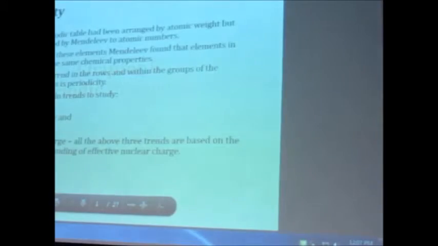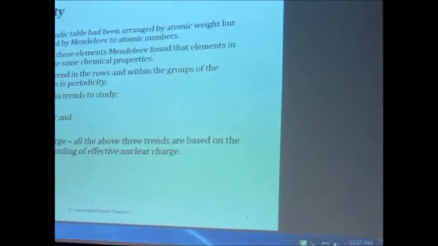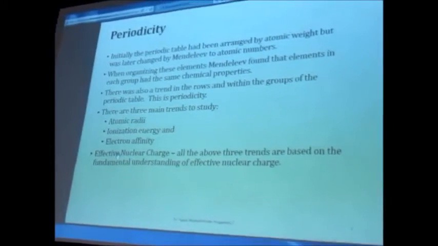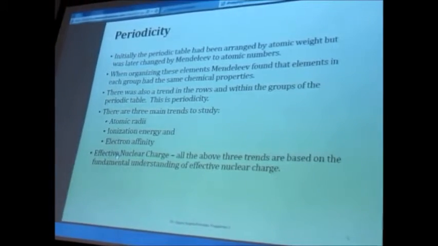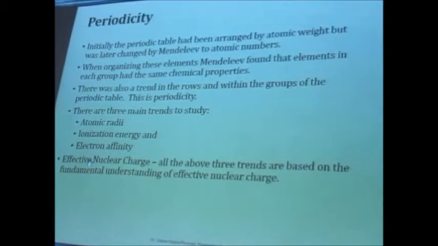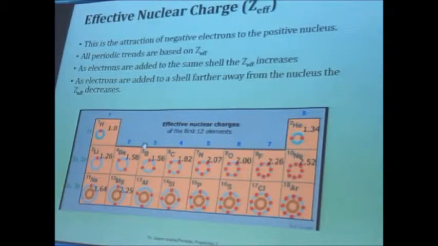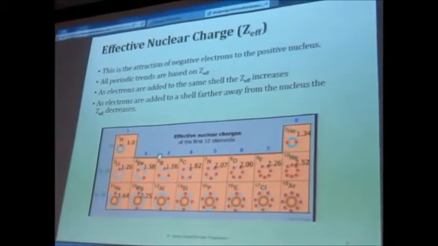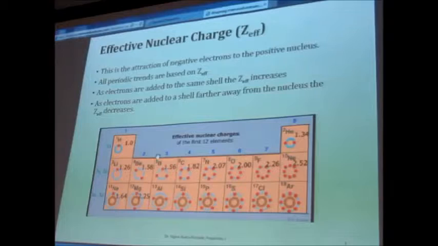Periodic properties. So here we go. Three things to talk about over here: atomic radii, ionization energy, and then electron affinity. The first thing over here is the effective nuclear charge, which is what I was just explaining to you. So there are two things that happen, once I explained to you about